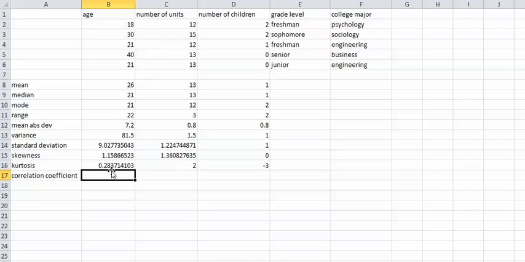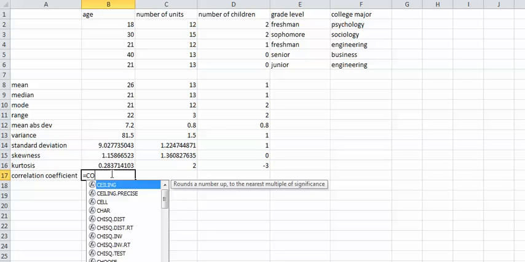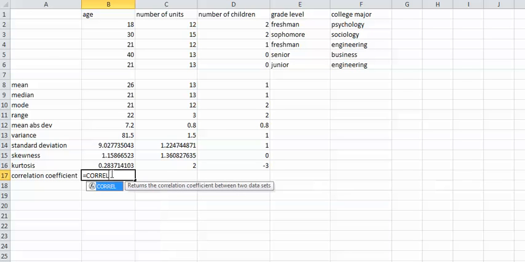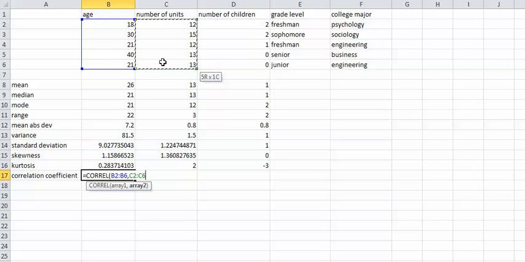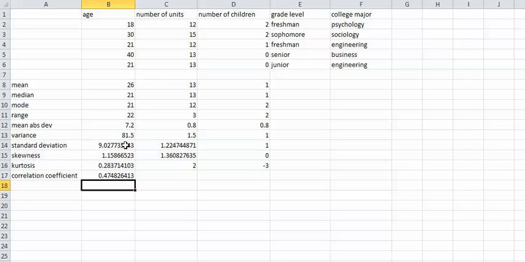So let's do that. To get the correlation coefficient, we type in equals CORREL, we put a parentheses, and it says array 1 and array 2. We can highlight age for array 1, then we need to put a comma, then we can highlight number of units for array 2, and then close the parentheses, press enter. It gives us a correlation coefficient of